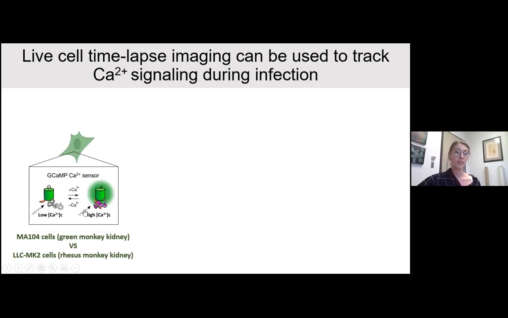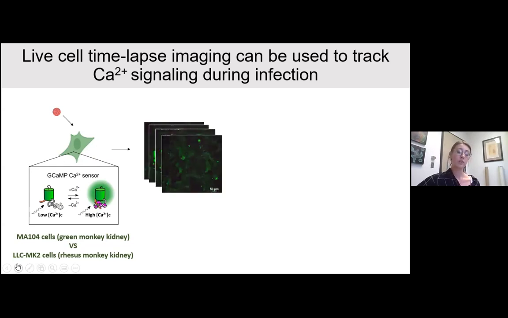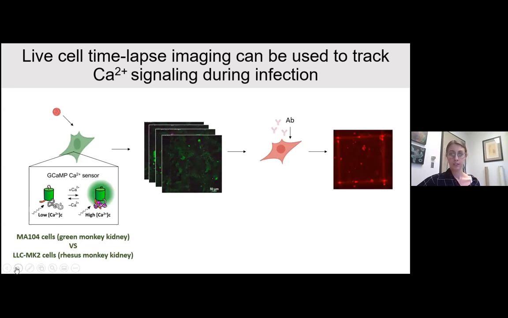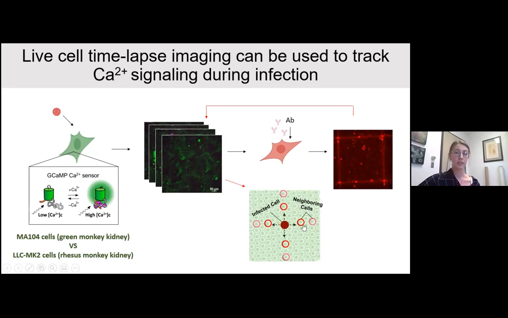Again, using cell lines that stably express the cytosolic calcium indicator, we can then infect with Tulane virus. And then we can capture still images throughout the course of infection and stitch these individual images together to generate our time-lapse movie. After we have the data for our time-lapse, we can fix our monolayers and antibody stain for Tulane virus antigen, take a still image of our antibody stained cells, and then overlay this still image with our time-lapse video. This is to be able to distinguish infected from uninfected cells in our monolayer. And then once we do that, we can quantify the number of calcium spikes per cell that occur.